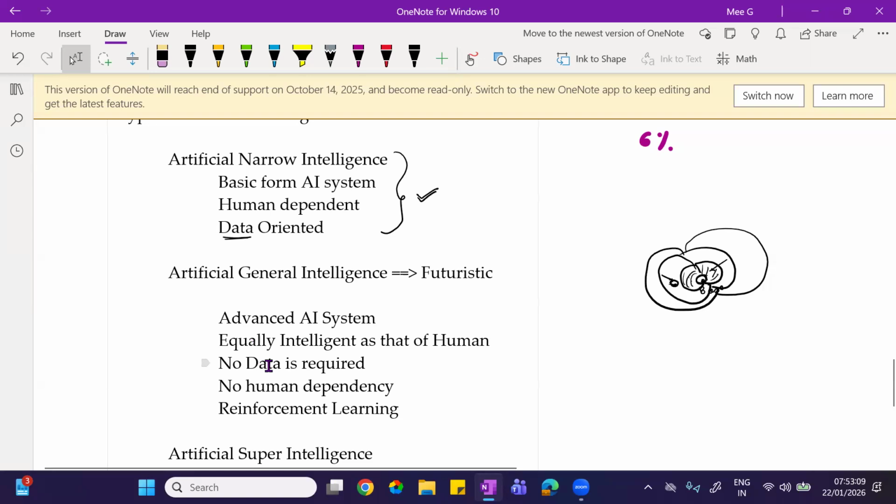And second, this is equally intelligent as a human. What I mean by this is, if you take a machine that behaves exactly the same as humans, how humans have emotions, how humans have feelings, how humans recognize their own close ones, how humans analyze the risk factor, all these things your robot, that is an AGI system, an artificial general intelligence system, can analyze.